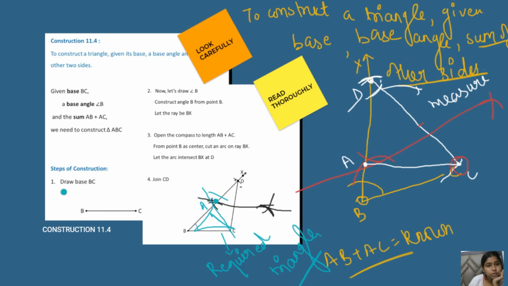What you have to do is make a base which is already given. Then you have to make an angle there which is also given. Then you have to form a long line by this angle. Then by using the sum of the two sides, you have to make an arc on this long ray. Then you have to join this point with the C. Then you have to make a perpendicular bisector of this CD, and where this perpendicular bisector meets this BD, you just have to make this point as A, and that will be your triangle ABC, right? This is how to construct a triangle ABC. I hope you people understand.